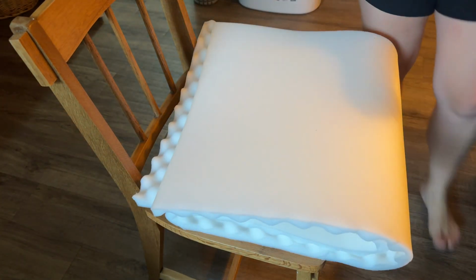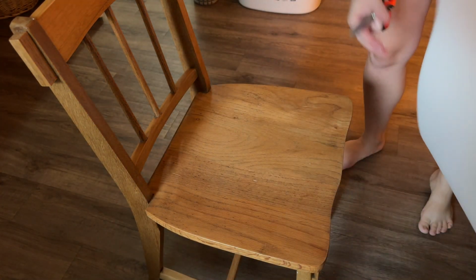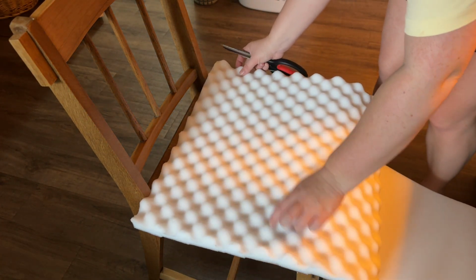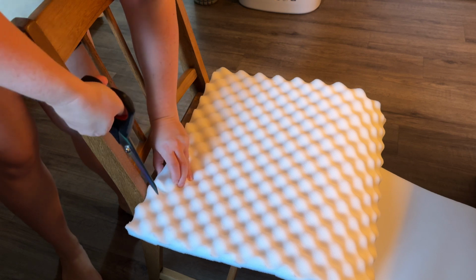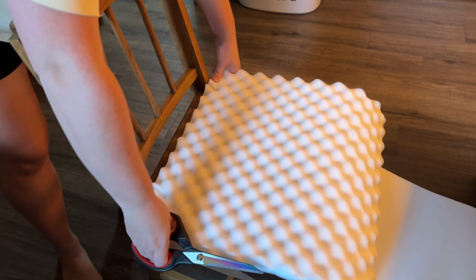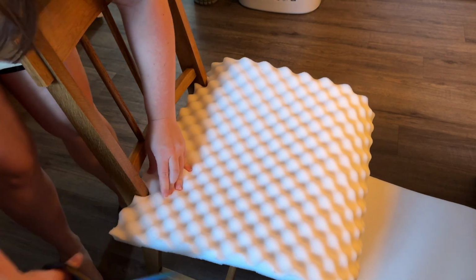Now, I do want to say that I have a written blog post with the instructions that I can link down below if you'd like to see things written out. But I'll just go through this pretty quickly. It's a fairly easy project. The first thing I'm doing is taking a foam mattress topper that I had from a previous project, and I'm just laying it on the seat of the chair